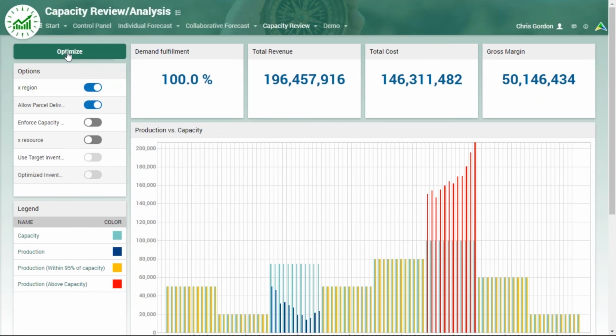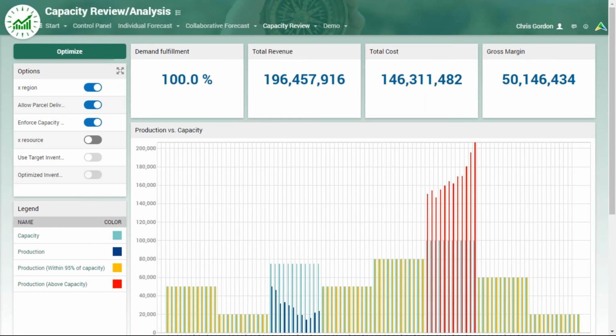So, of course, the scenario here is they were using a third-party capability, a third-party manufacturer, and they've had some traceability issues, and they've got to bring everything back in-house. So what we're going to do now is enforce the capacity within their facilities. And what's interesting is the switches on the left. We call this an insight bar. Instead of having to go through sophisticated modeling and adding new layers of code, you just turn a switch,